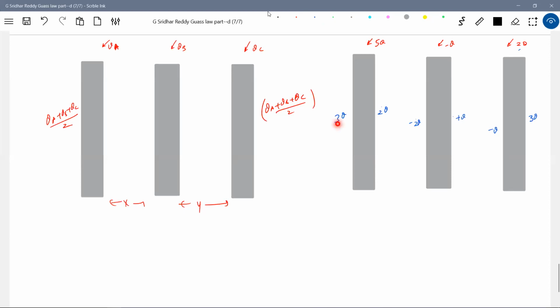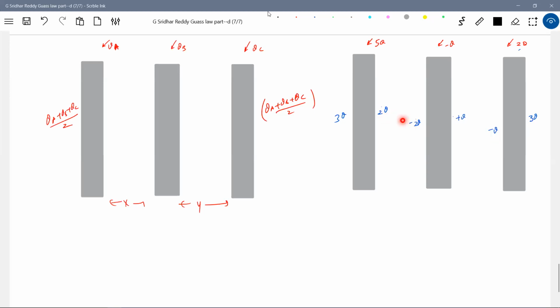I think we have to be very careful. Algebraic sum of charge given to plates: 5q minus q plus 2q. How much will come? 6q. 6q divided by 2, 3q. Charge was 5q, so the remaining is 2q. 2q minus 2q. Charge of this plate was minus q, so minus 2q is there. Net charge should be minus q. So plus q should be here. Minus q. So plus q.